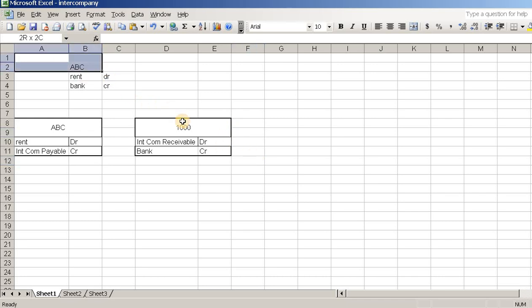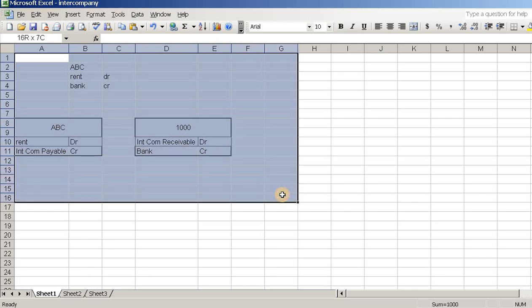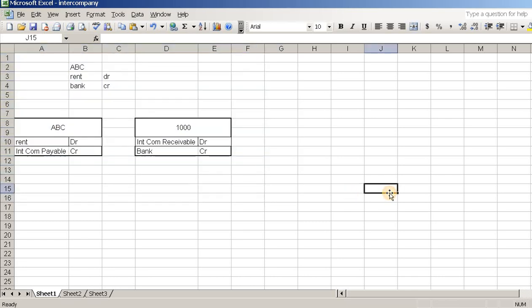So I hope this much is clear to you. The accounting part is very much clear to you. Now I am going to the system. So here, what all accounts do I require? That is the rent account and bank account, which are normal accounts. I am not showing those GLs to you. I hope by this time you all know how to create a GL master. So that is quite normal, that is quite a basic thing.